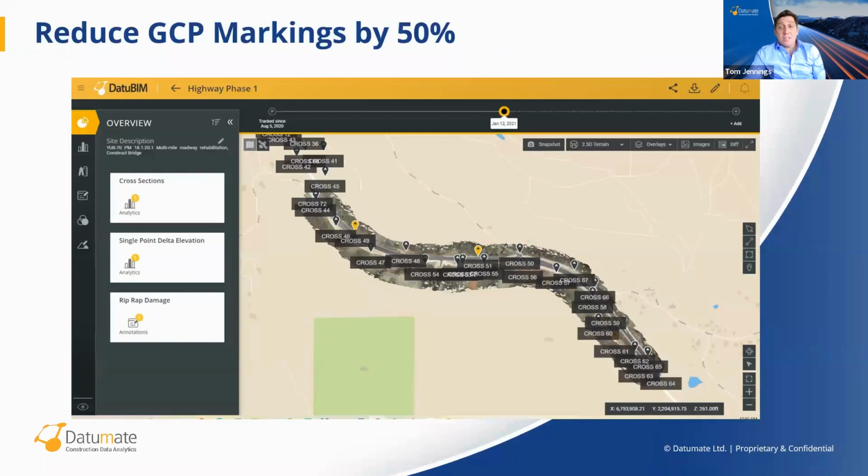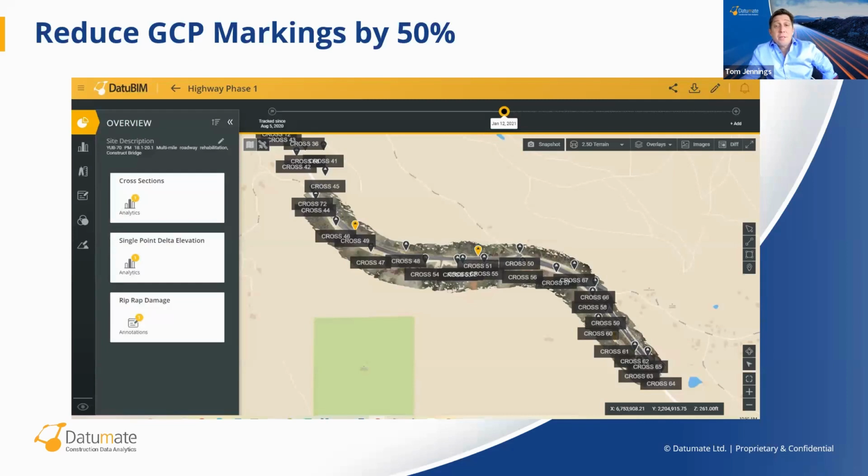So as the construction industry continues along this journey of digital transformation, there are tremendous opportunities for companies to streamline their processes, increase efficiency, and retain their competitive edge. Datumate's virtual ground control points save valuable time and money while maintaining the survey-grade accuracy of construction site mapping and modeling. Let's think about how we can use real-time kinematics and virtual ground control points to save time on the